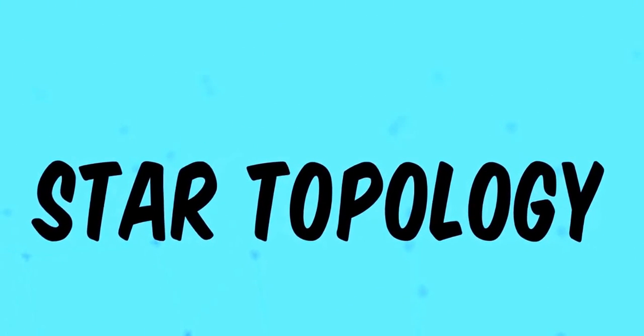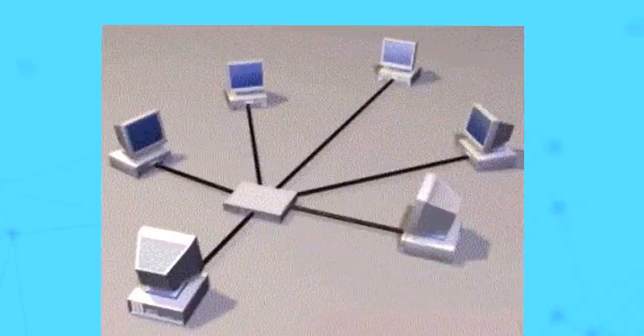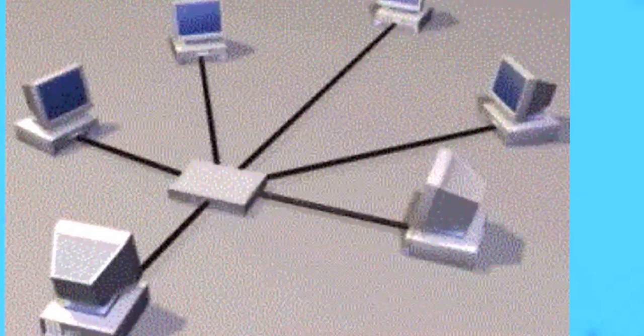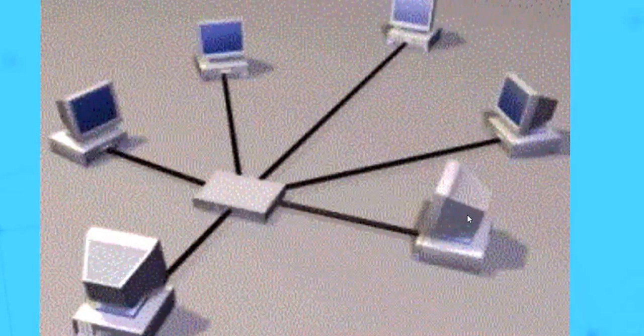The star topology is one of the most commonly used topologies nowadays. The star topology has a centralized device that takes care of forwarding data among the devices in the network. The centralized device present here is responsible for sending the information between source and destination. For example, the PC present here wants to send the data to the PC present here. It forwards to the centralized device and the centralized device takes care of sending it to the destination.